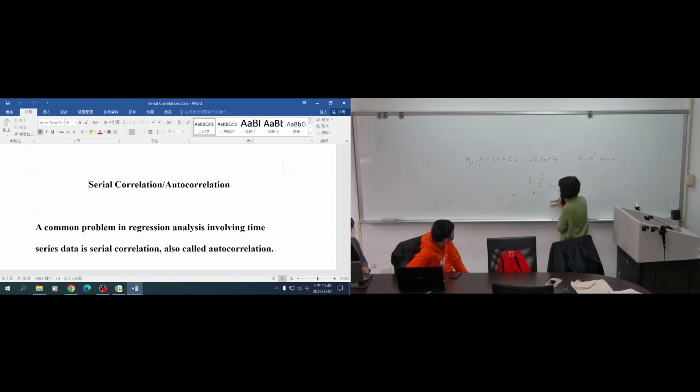What do we mean by first order? If you look at the textbook, it shows that epsilon t is equal to rho epsilon t minus 1, plus